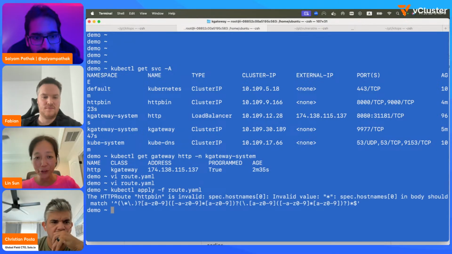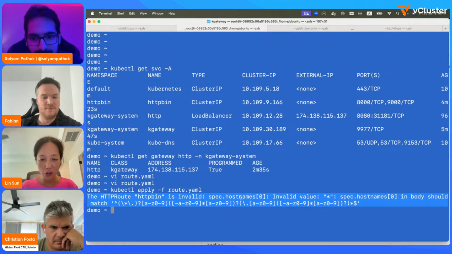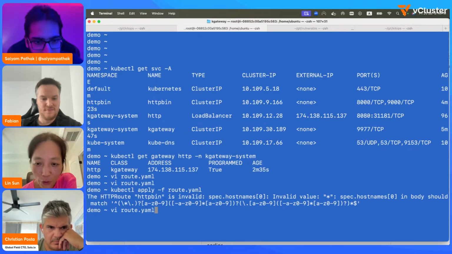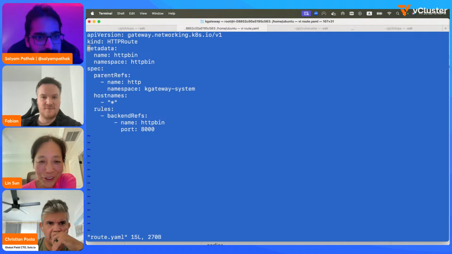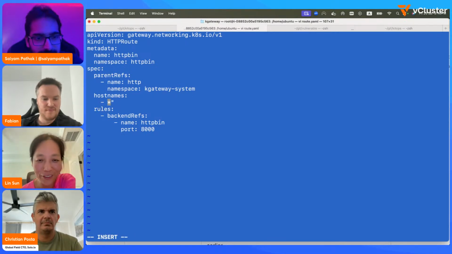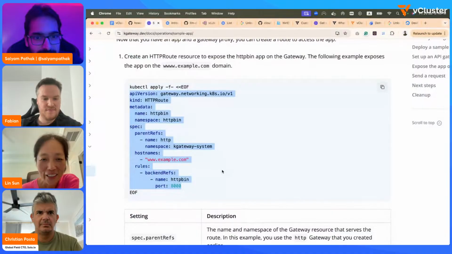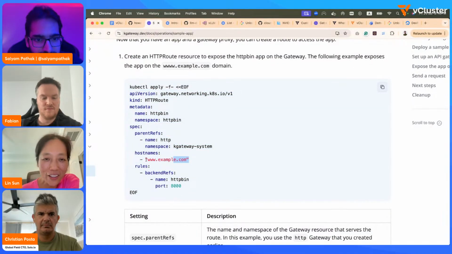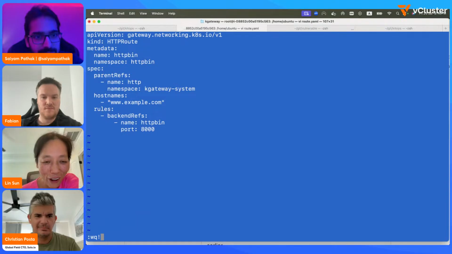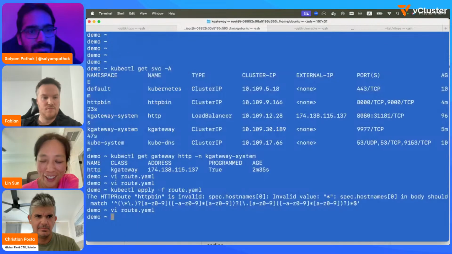Yeah, I wasn't sure if we need a quote around the star. Okay, I guess it's complaining, invalid value. Okay, so try to put, oh, you did put quotes. Okay, I would put example.com, whatever is in the example, because by the way, it's not a good practice to use star in the gateway or route configuration because of security issues.